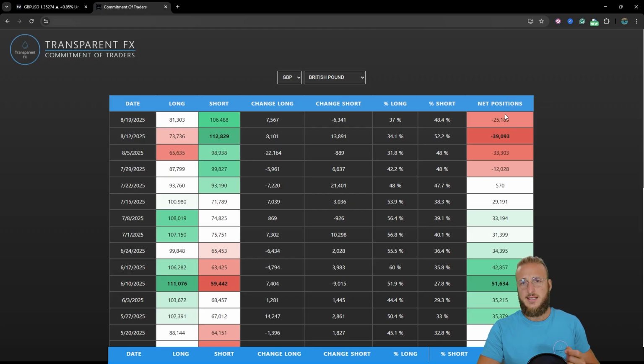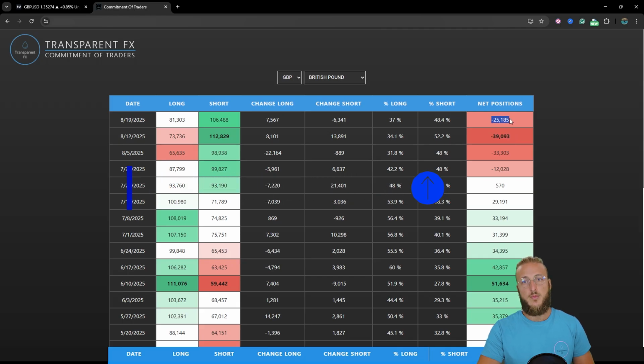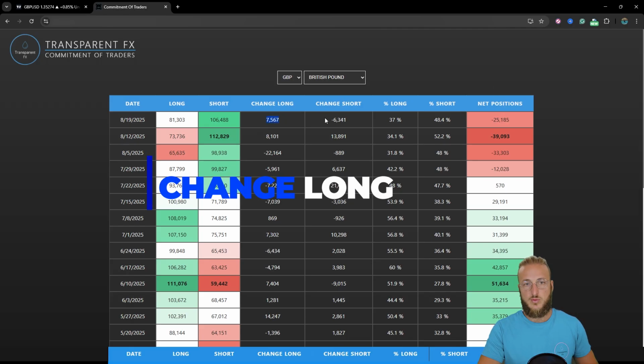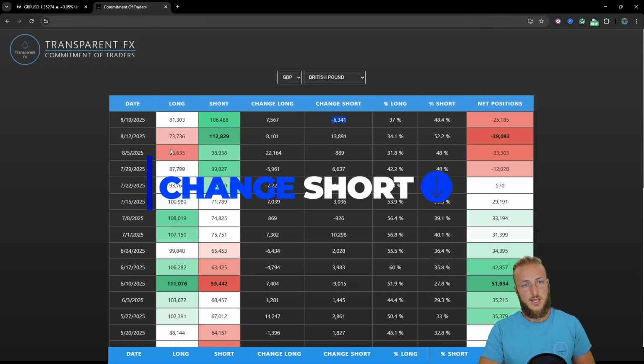And what we can see is that with the last report, net positions have been increased. We went from minus 39K net positions up to minus 25.1K net positions. So we had a clear increase of net positioning with 7,500 longs added just with the last report and 6,300 shorts getting closed. This means that institutions are increasing longs and decreasing shorts, which is quite clear because we went